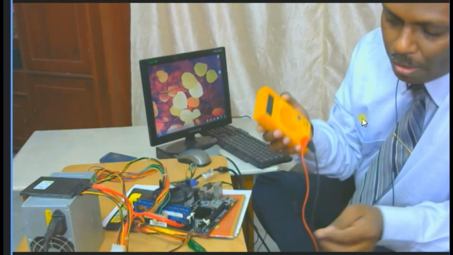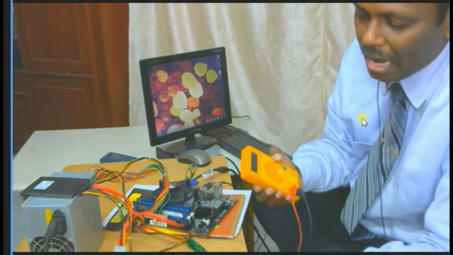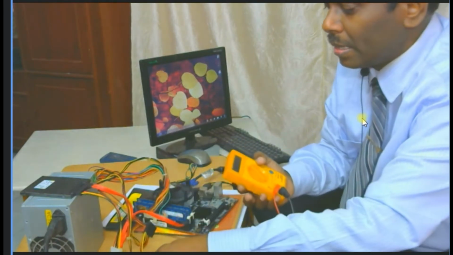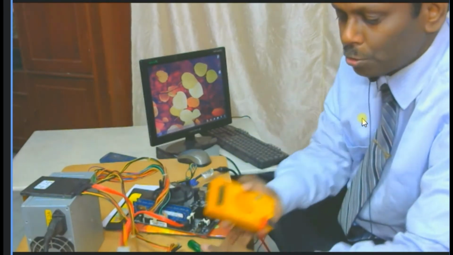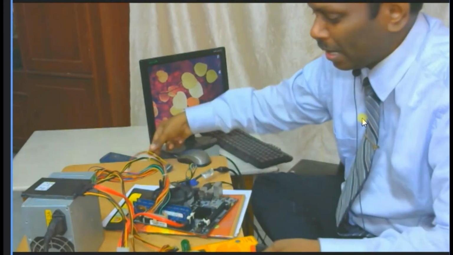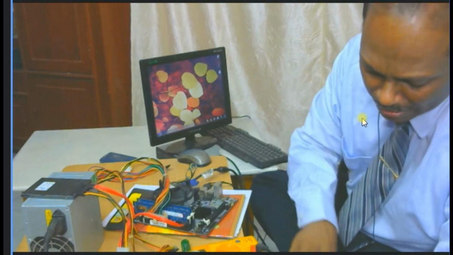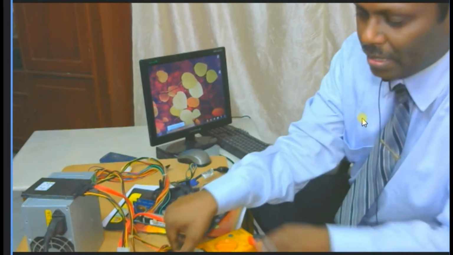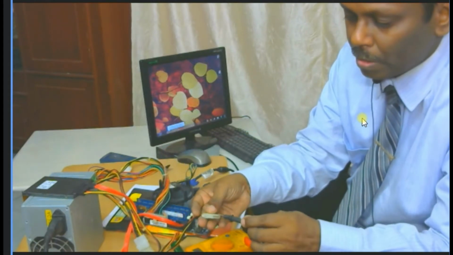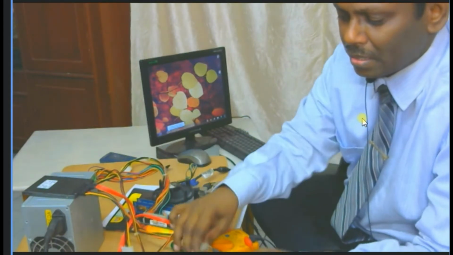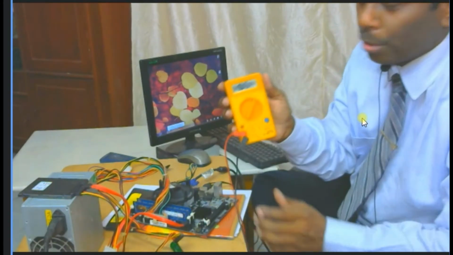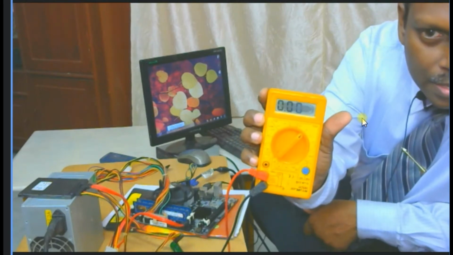I'll show you what the voltage is for the red wire and the green wire, or whatever it is. There are different power connectors here. I'll show you how one of them works, how the power connector really tells you. I am connecting one by one, black to black, always black to black. I have connected, so it is showing a 0 as of now. Can you see that? 0.